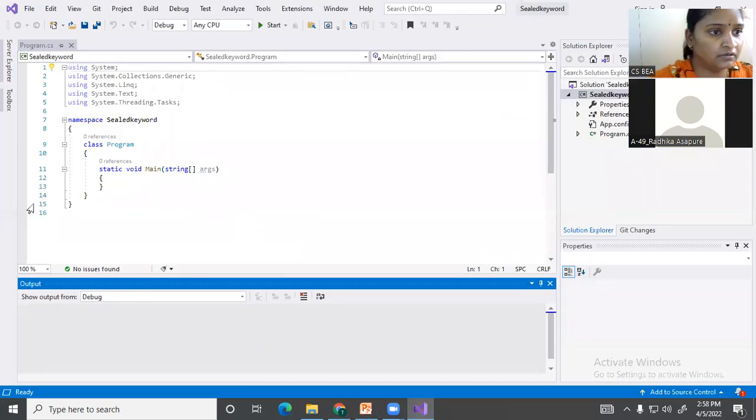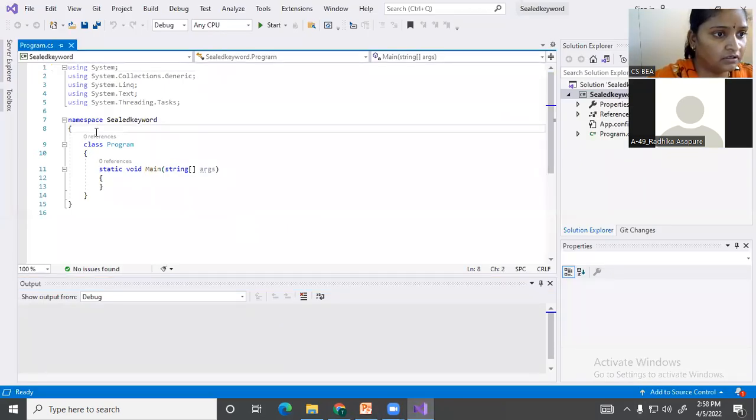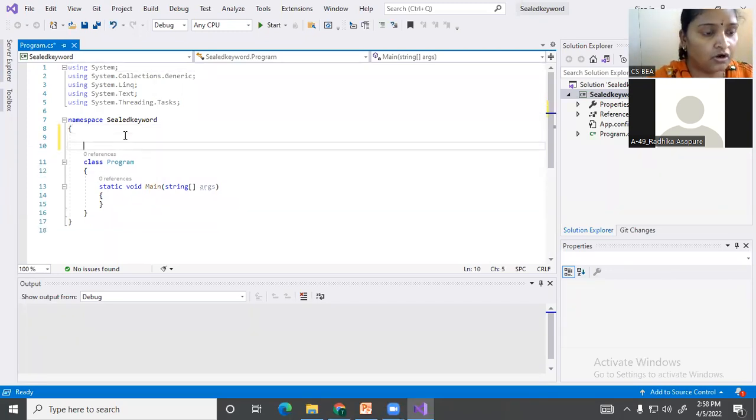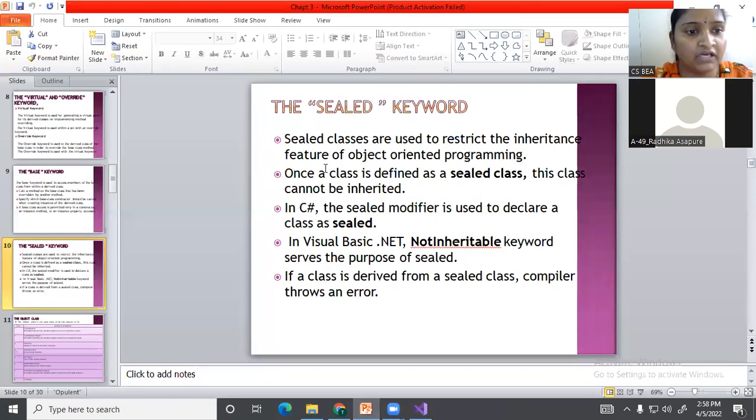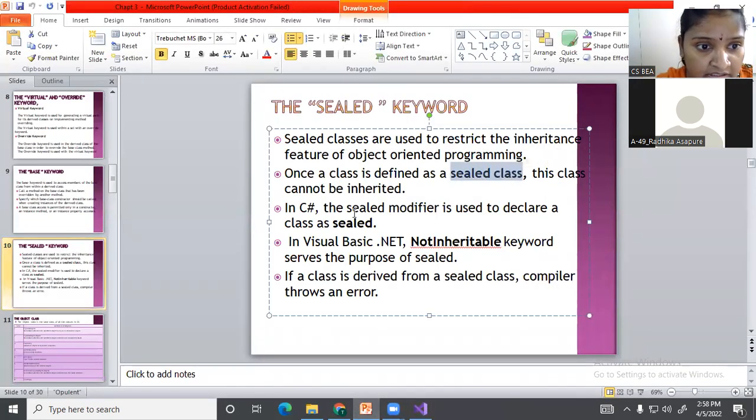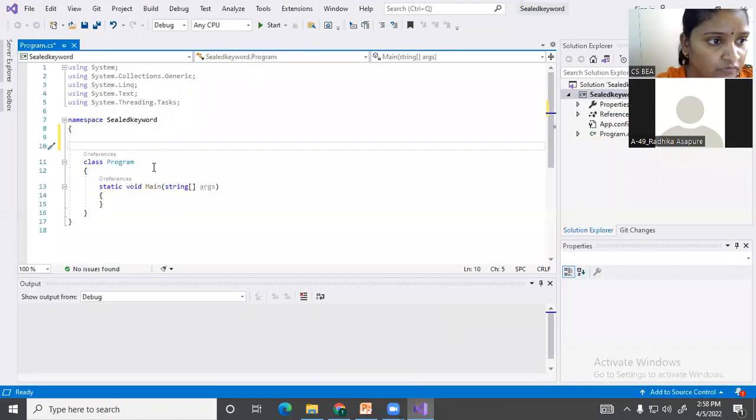Let's see. Okay, what I have done: we'll take one class with the name sealed keyword, because it is already defined that we are going to define the class with a sealed class. The sealed modifier can also be used in order to declare our sealed class. Okay, so we'll check how it is happening over here. Yes, it is provided, sealed